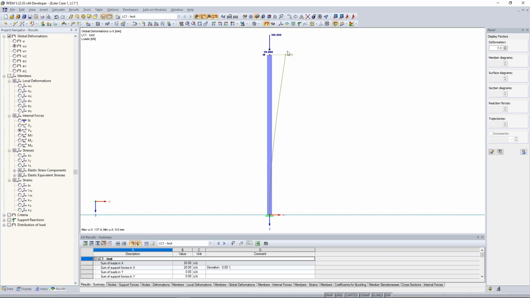Okay, now look to the deformation in the horizontal x direction. This is 137 millimeters. And now look to the bending moment. And there we get additional bending moment of 13 kilonewton meters. And when you ask where comes these additional 13 kilonewton meters, this is due to the calculation of the second order, or the P delta method, because